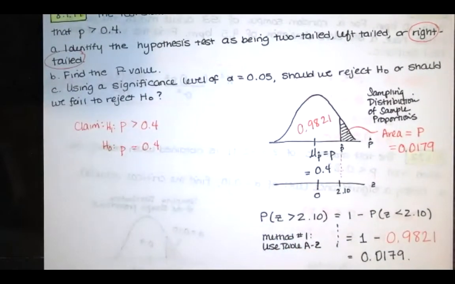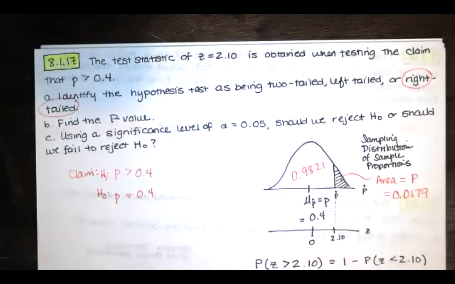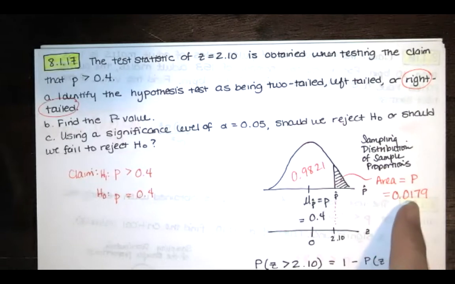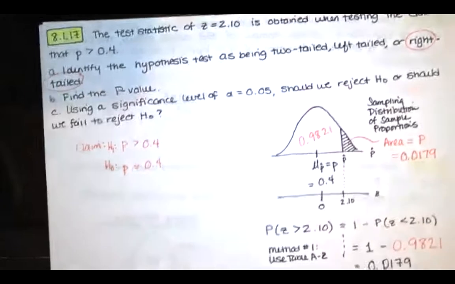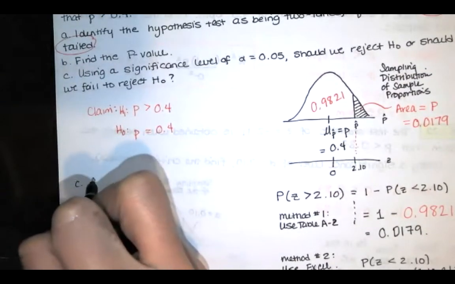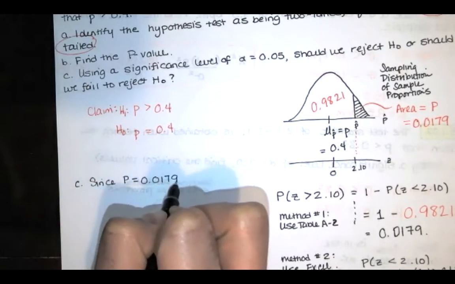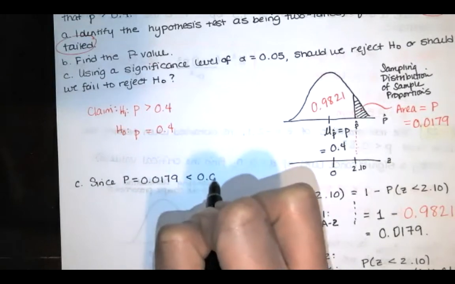Okay, so that's our p-value there. And now in part C, we're asked whether we want to reject or fail to reject the null. Well, I guess we need to know, oh, there's our alpha. We need to know what our alpha is. So in this case, alpha is 0.05. And we're just going to compare our p-value to 0.05. So for part C, we'll say that since p, which is 0.0179, is less than 0.05,